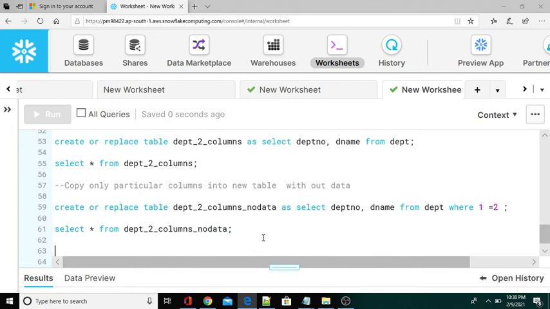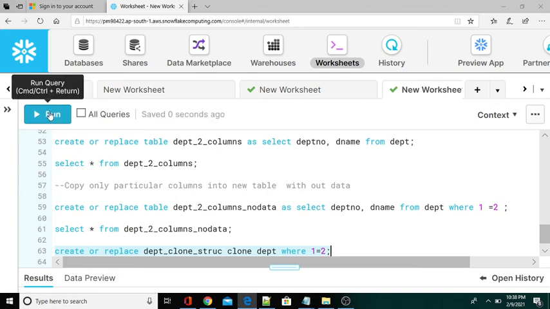Now I am going to try another way, without data by using clone. So: create or replace DEPT_CLONE_STRUCTURE_ONLY, clone DEPT where 1 is equal to 2. Let's try this option.